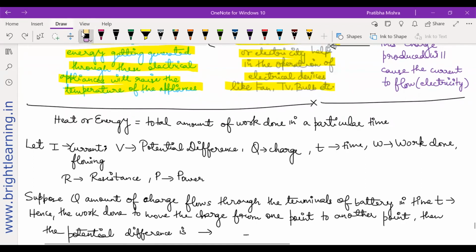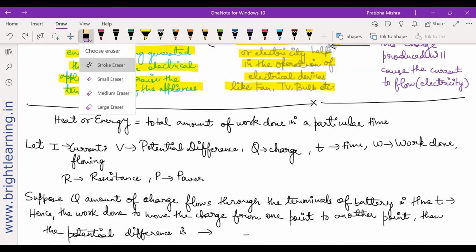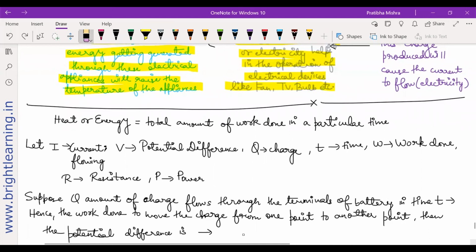All right. So what I was trying to say is that we are talking about potential difference, the work done to move a charge. So how will you write this? Now that is my question. How will you write this? You can write it like this. Let me erase this part a little bit and take another color. Tell me, my dear kids, how will you write it?